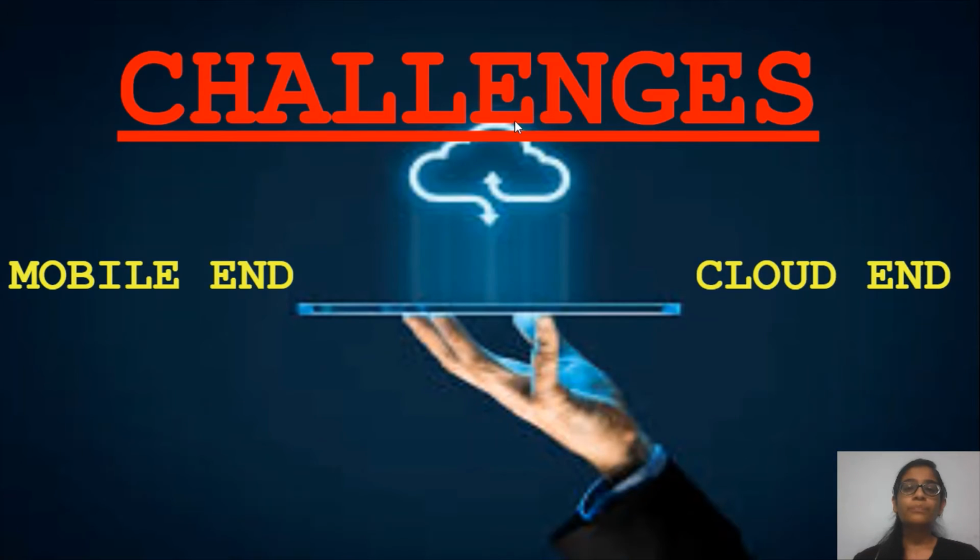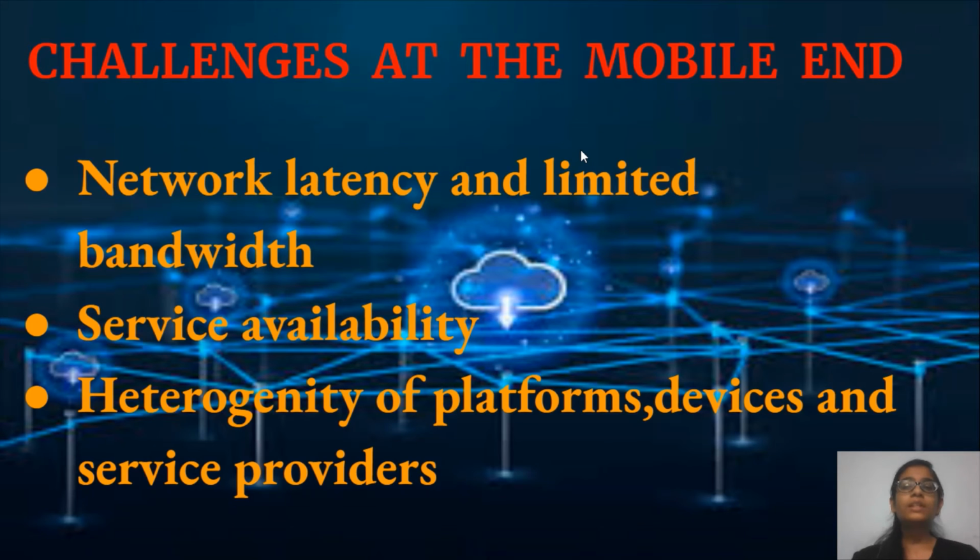Now, we will see challenges. So, the challenges are at two different ends, one at the mobile end and another at the cloud end. So, first we see the challenges at the mobile end. First one is network latency and limited bandwidth. So, bandwidth limitation is the main issue as there is less radio network bandwidth than wired network bandwidth. Bandwidth limitation can be overcome by sharing the bandwidth or by distributing the data. Next challenge,